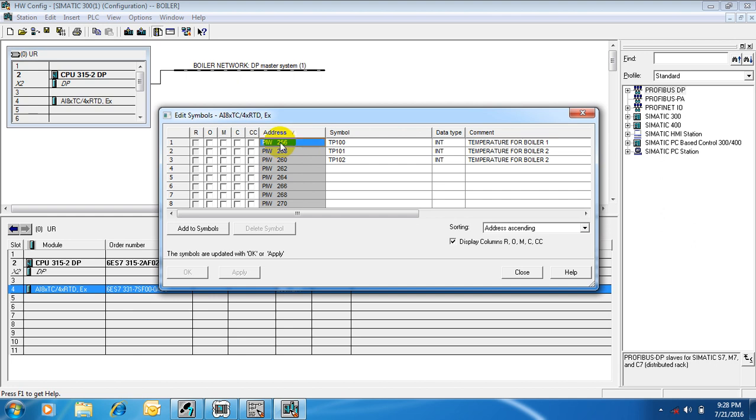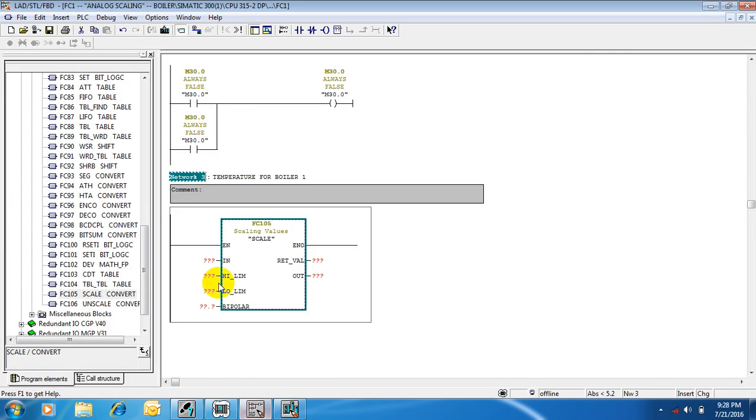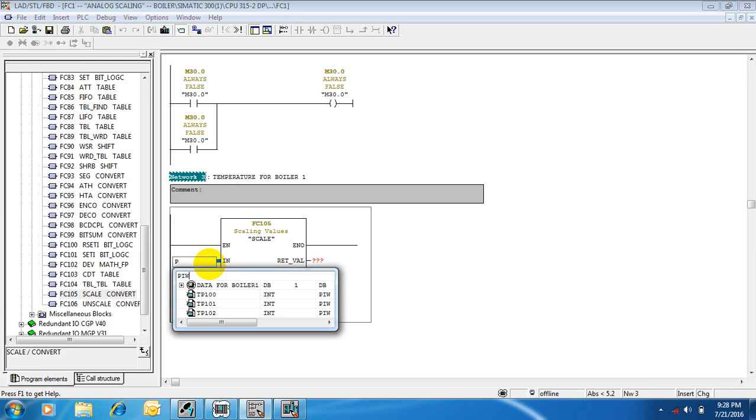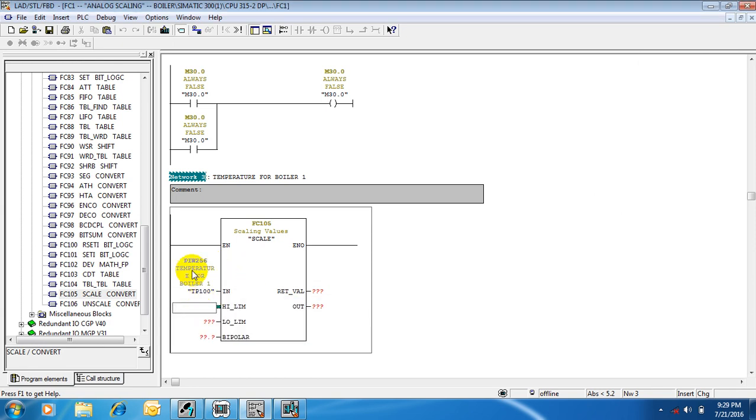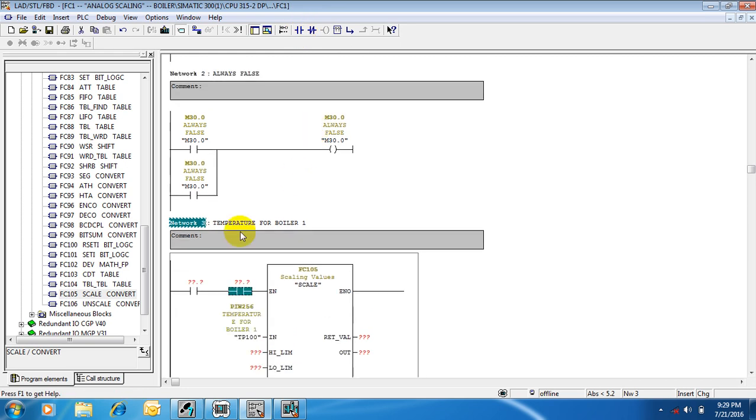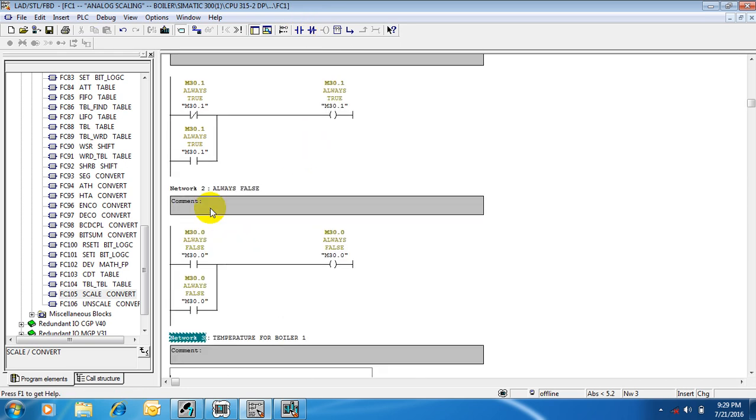So we're going to input this peripheral word PIW256 here. See, it will give you temperature boiler 1. Okay, so this one is normally open, or normally on, sorry, from this network we just choose. Copy this one here,